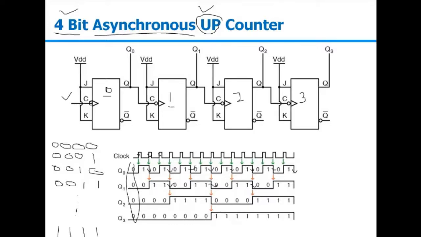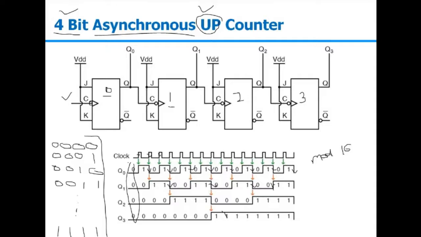So it is a 4-bit counter, so the total number of states is 16. You can also say it is a mode 16 counter, and it is counting from 0 to 15, and that you can see from this table as well as from this waveform. Now the point to remember is, in this case, I am considering all the flip-flops as ideal flip-flops. We are not considering any propagation delay here.